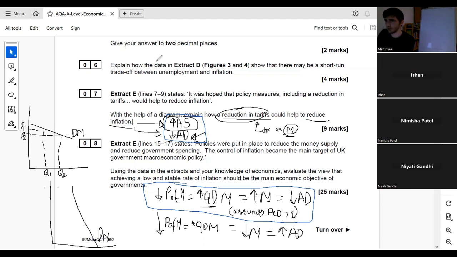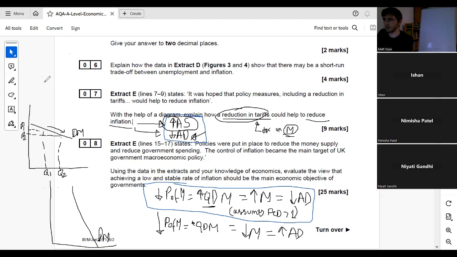The way you would fully model this situation is that a reduction in tariffs is going to shift supply outwards, and that's going to decrease the equilibrium price of imports, which is going to cause an extension of demand. But for simplicity, we are just going to look at the extension of demand. So imports get cheaper, demand for imports extends from Q1 to Q2.